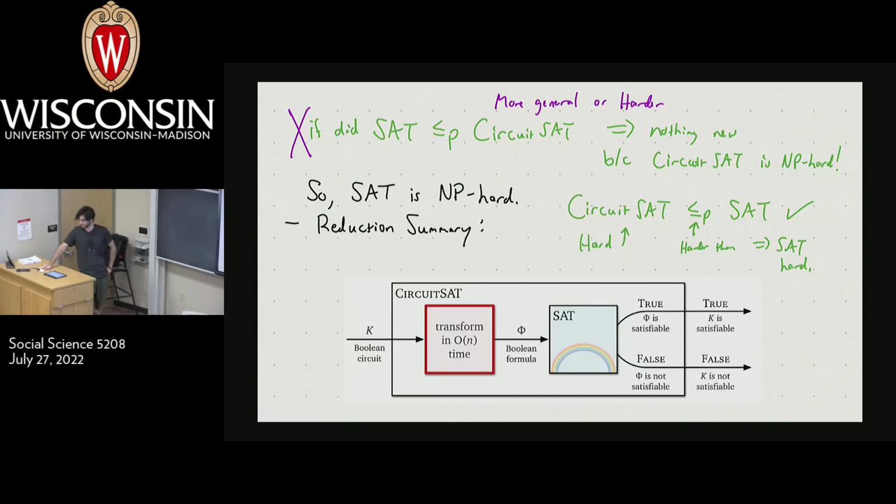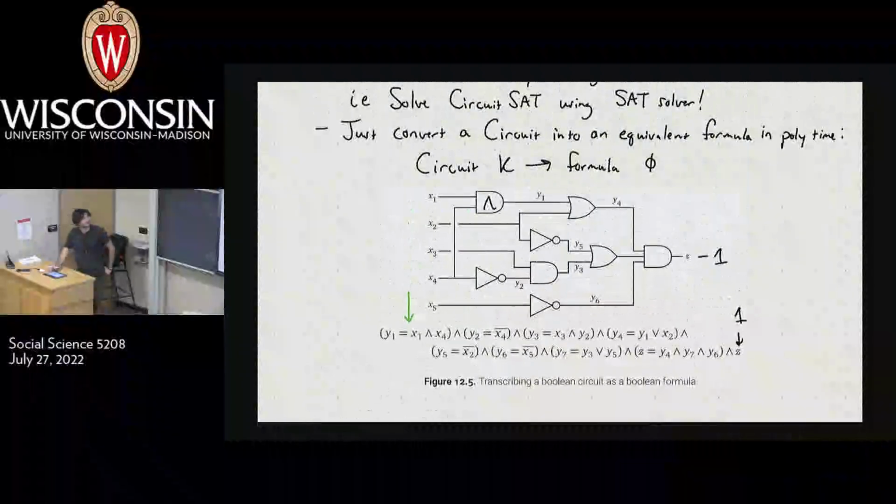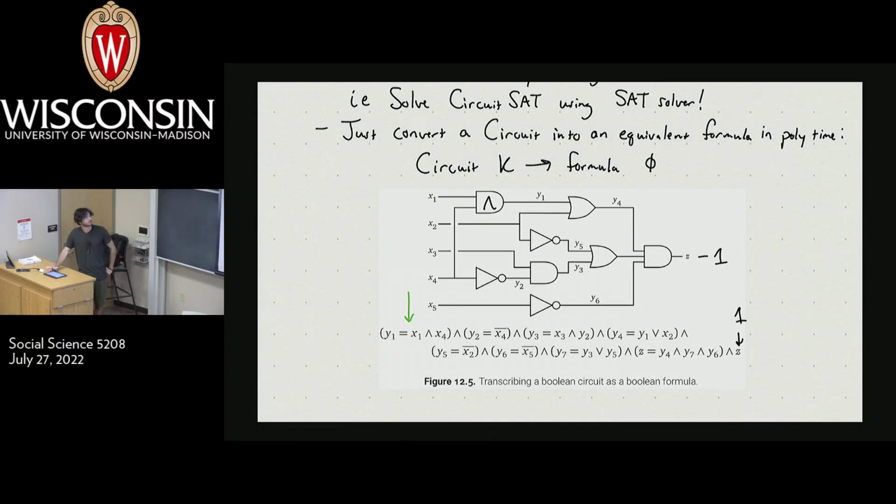Yes? Could you go back to the transformation step? I'm just wondering, to do these kinds of problems, I reckon the hardest step is to do the transformation. Yeah, that's the whole, yeah. Okay. The transformation and the proof. Okay. But the proof is going to be basically